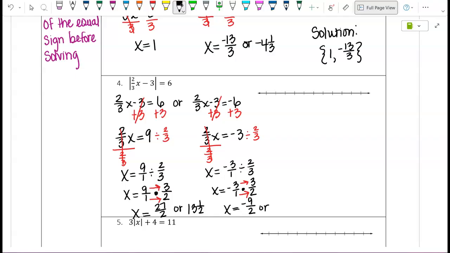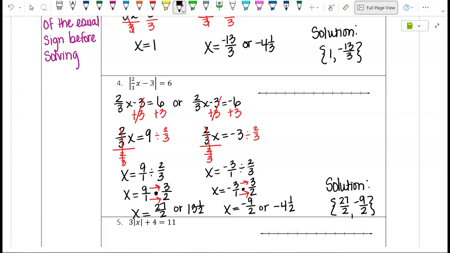It is not 4 1/2. Negative 4 1/2. We have to be careful with our negative signs. They don't just disappear. So our solution is 27/2, comma, negative